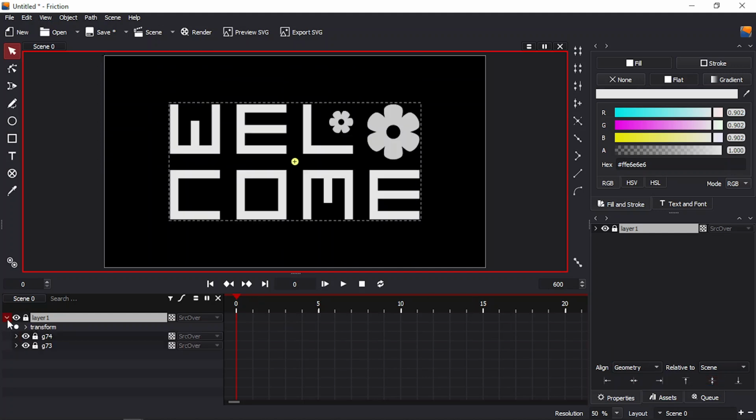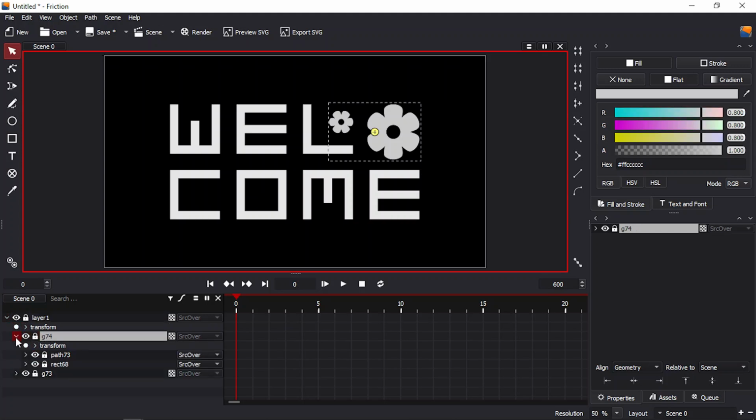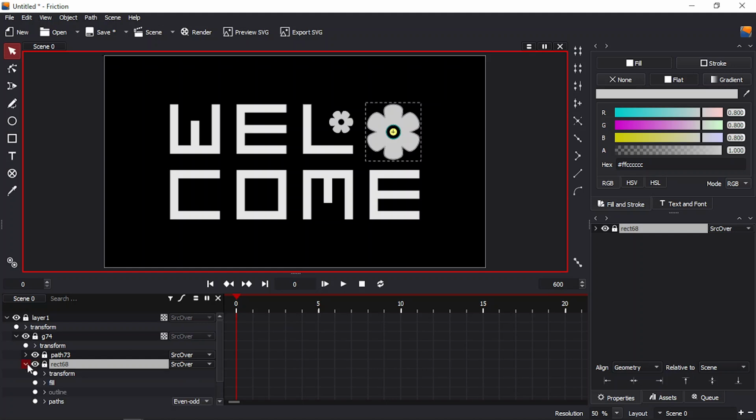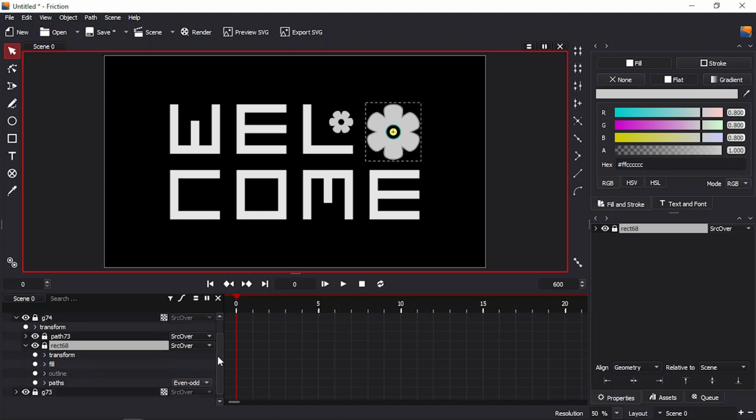Now we'll come over here and expand there, and this is the petals group. We will expand there, and this path 73 is that little petal, and this is that big petal. So let's go with big petal first. So let's expand there. Now our plan with big petal is just to rotate it during the 6 seconds,